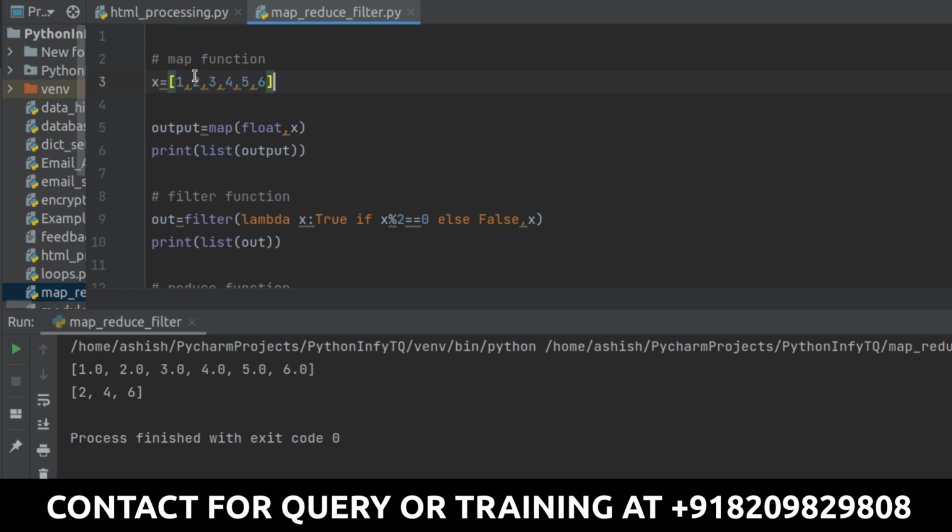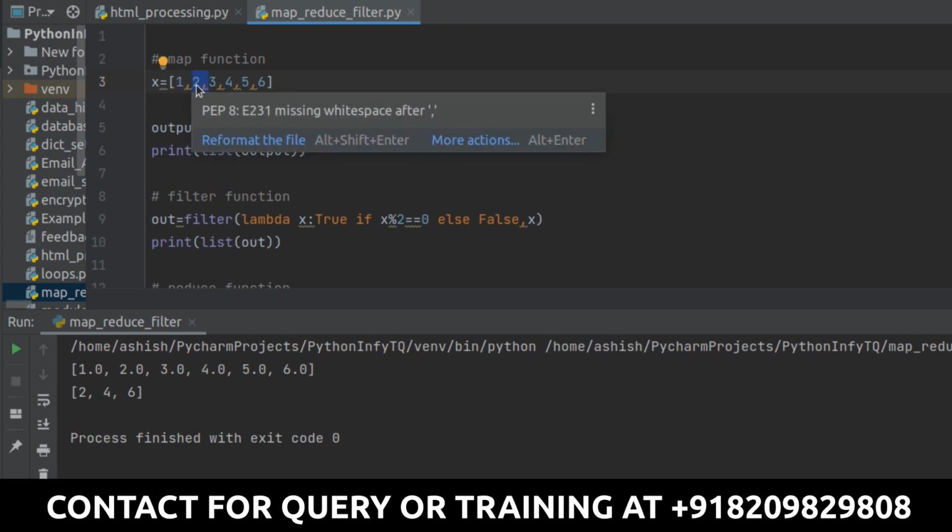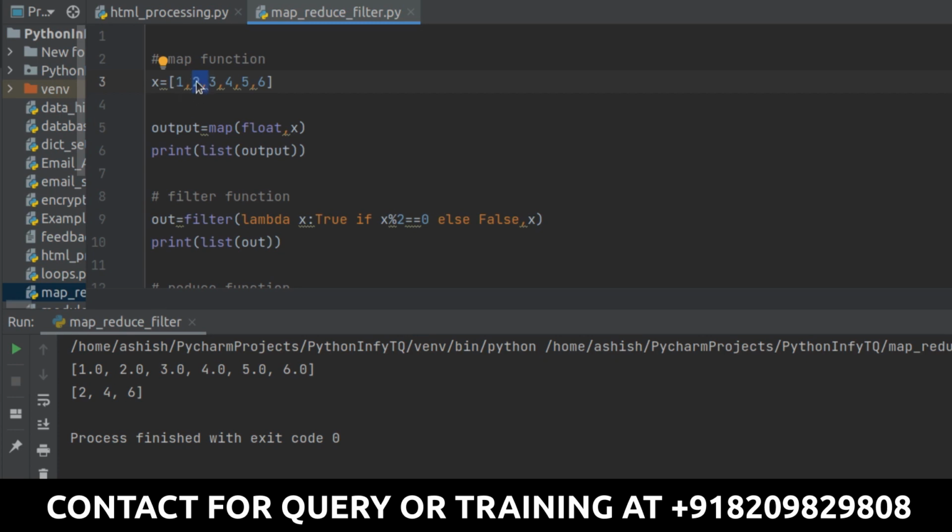It is going to do it in this way, like x and y. The first two values are x and y, which is x equal to 1 and y equal to 2. Similarly, whatever the output for this, x plus y, 3, is now x, and 3 is now y. So 3 plus 3, 6. Now 6 is a new value, so x is 6 and 4 is your y. So 6 plus 4, 10. So this is the way it is going to work.